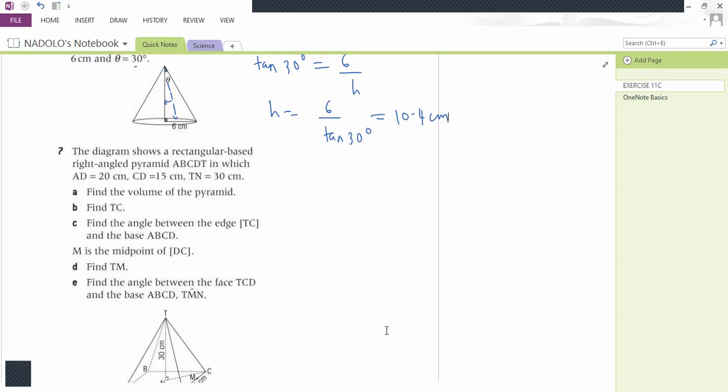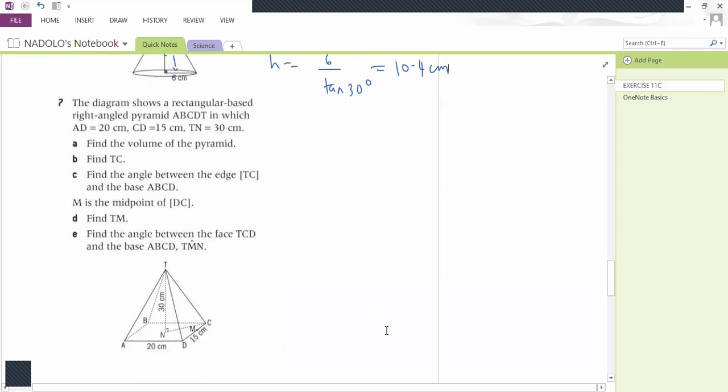So number 7 says the diagram below shows a rectangular based right angled pyramid ABCD. So we'll have A, B, C, D, and T. AD is 20, CD is 15, TN is 30 centimeters. So find the volume of the pyramid. So exercise 11B,